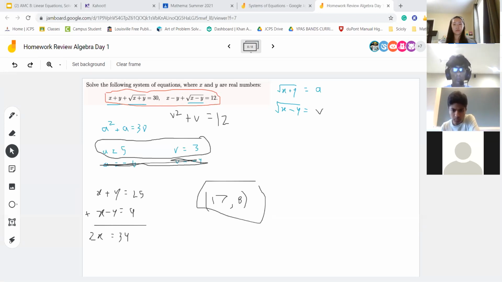Yeah. So what really matters when you're doing these AMC problems is that the more practice you do with linear equations and math calculations, the faster you'll become at it. You'll become really fast at these kinds of things. But what really matters is that you understand the method you use to solve the problem, because these kinds of methods will show up repeatedly